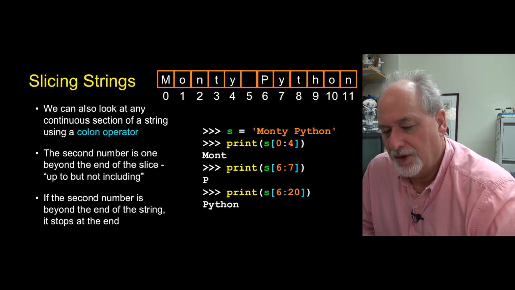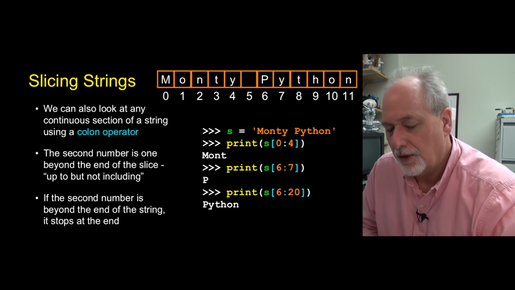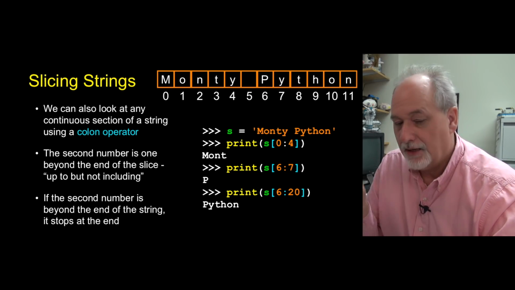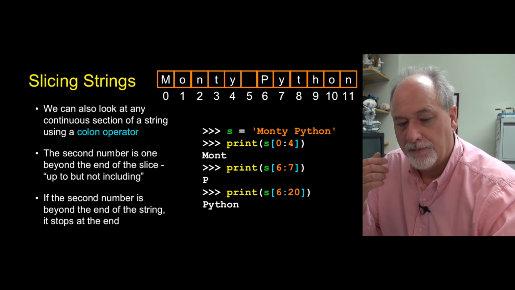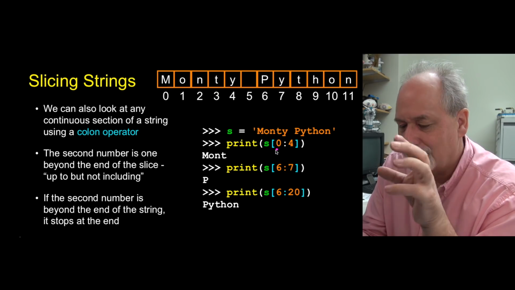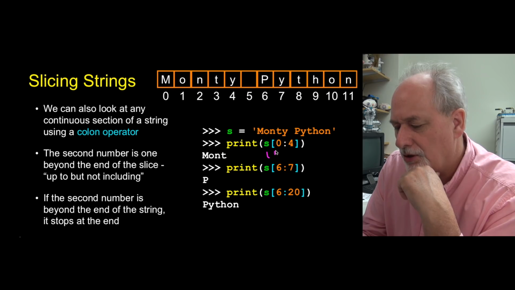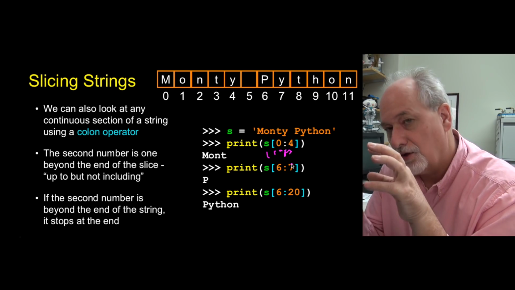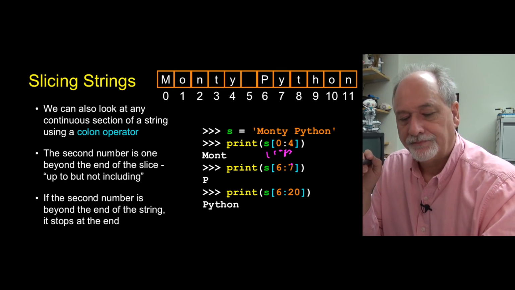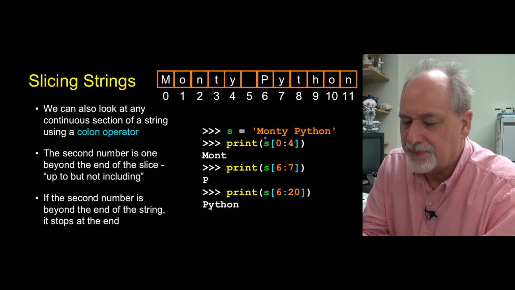So now we're going to dig into strings a bit, and we've already looked at how you can pull out a single character in a string, and now we're going to look at what we call slicing, and that is pulling chunks of a string out. And again, we're going to use the square bracket operator, and so S, and the way I say it is S sub 0 through 4, that's how I read this. S sub 0 through 4. So I look at the colon as through, I look at the brackets as sub. And so S sub 0 through 4 says start at position 0